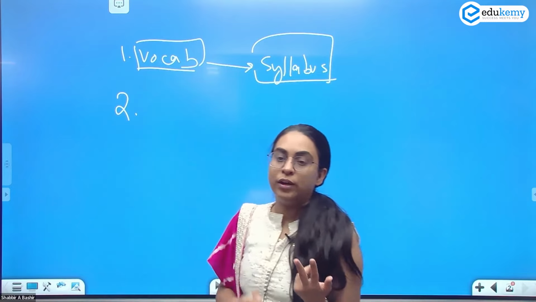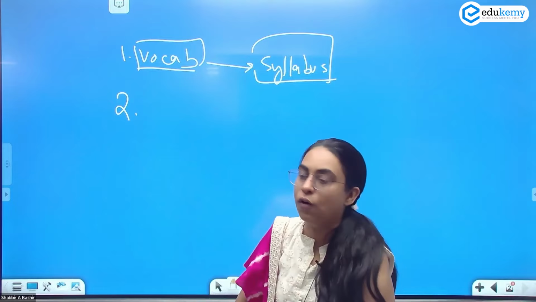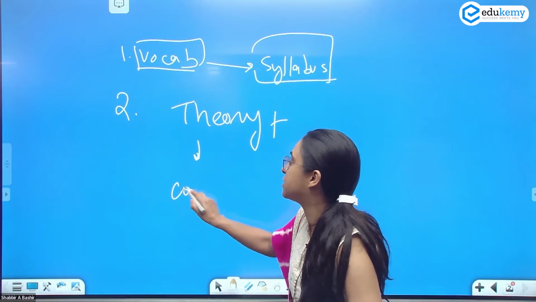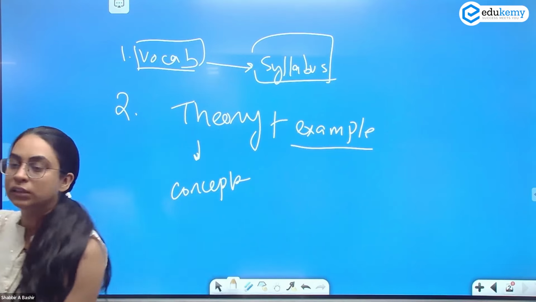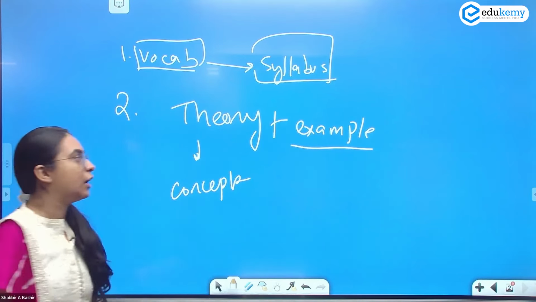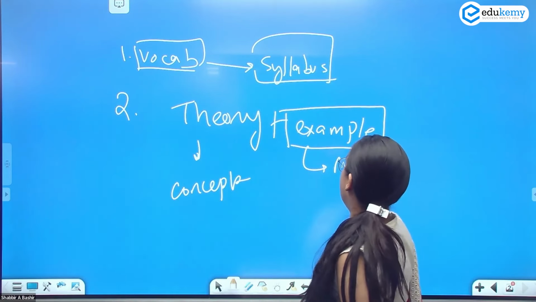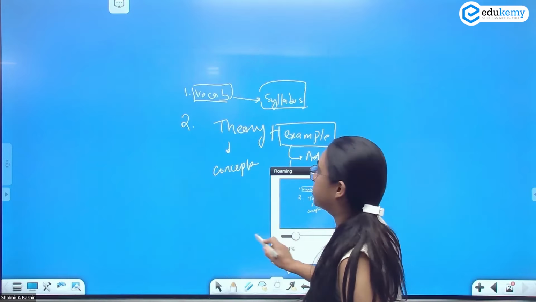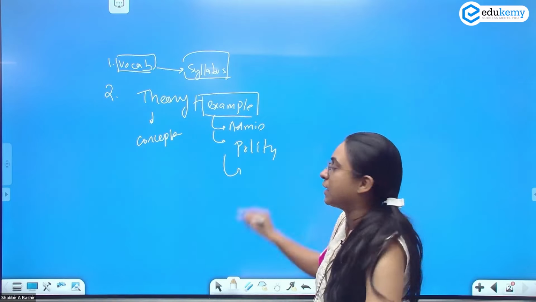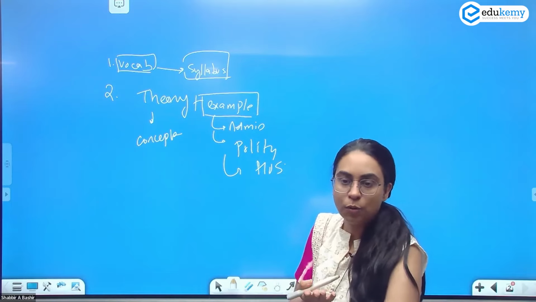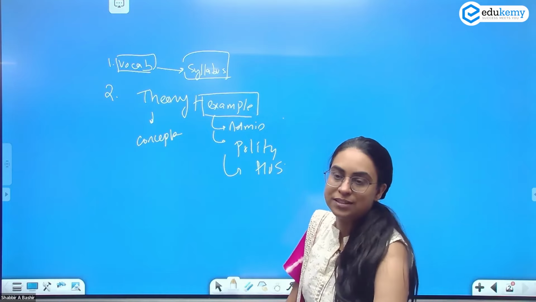Second, now when you write answers for ethics paper, आपका answer should be a sweet mix of theory, that is the concepts, जो आपको पढ़ाएंगे, plus examples. You have to use the theory that will be taught in your class, and you will have to substantiate it by examples from the administration. अब examples कहाँ से ले? You can take a lot of examples from administration. You can take examples from polity. You can take examples from history. The other day in the workshop also we saw कि कैसे आप history से example use कर सकते हो, कैसे polity से example use कर सकते हो, administration से आप example use कर सकते हो.